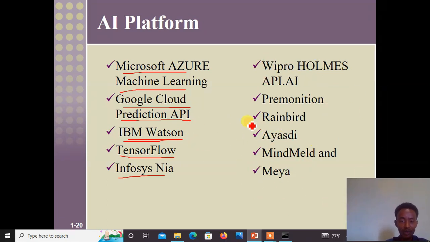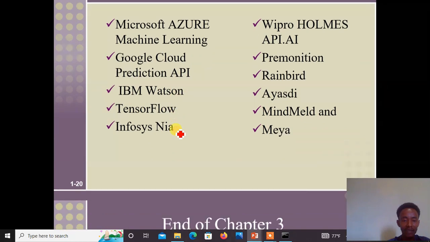So, as a student, please try to browse the internet and see each and every artificial intelligence platform that I have included here. And also for references, I will put the books, the modules that have been prepared by Bardar University, Addis Ababa and Adama Science and Technology University for you under the description. You should download the book and use it as a reference.